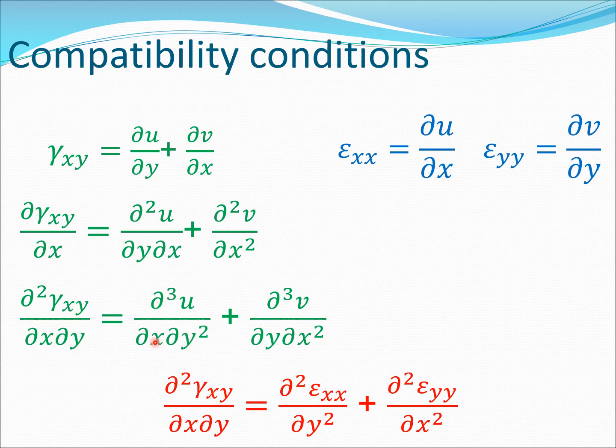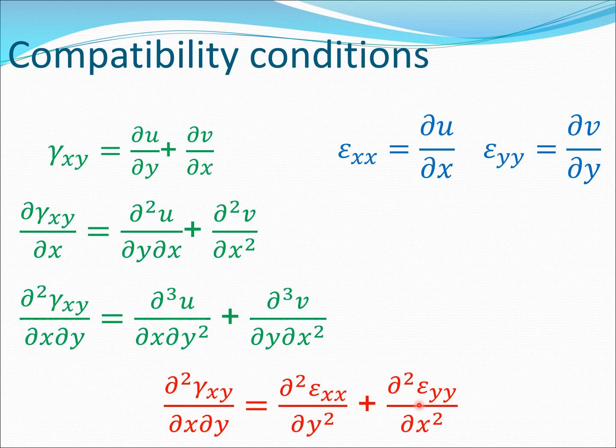Here I replace the du by dx by epsilon xx, so it becomes second derivative of epsilon xx with respect to second derivative with respect to y, and second derivative of epsilon yy with respect to x. So this is the equation known as the compatibility condition, which provides us the link between the different strains. So you can clearly see that the shear strain is related to the normal strain through this compatibility condition, and